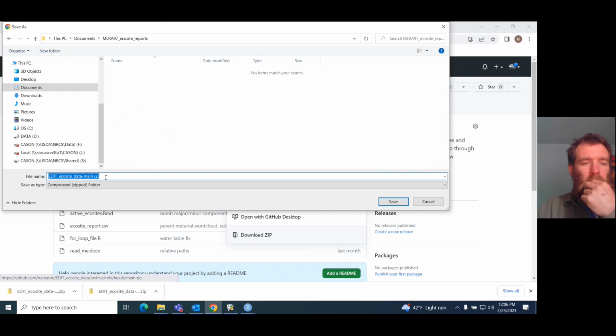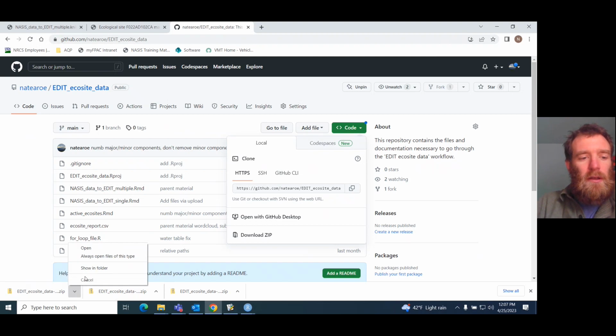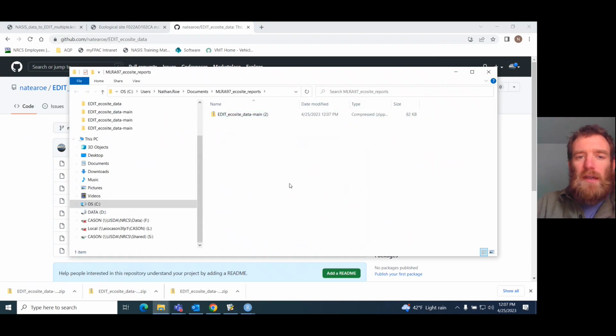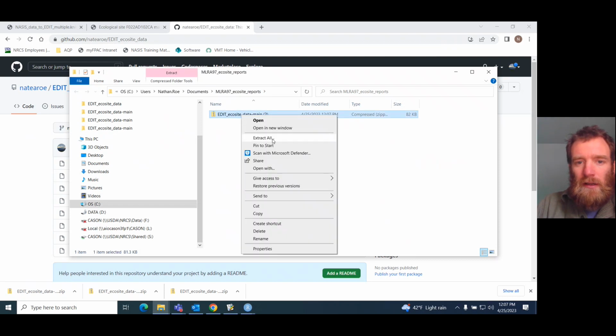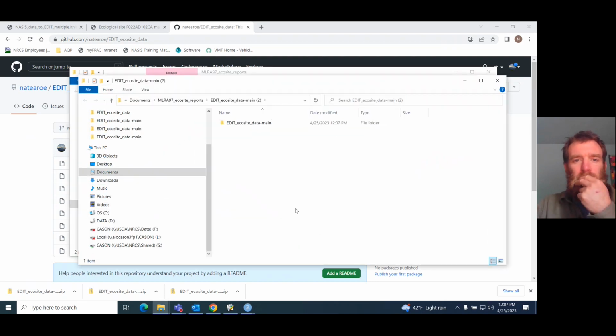Okay. So for your example, whatever MLRA you're running this for, you would specify there. Then you can save that zip file right into the folder that you created. Then you navigate to that folder. So this is in my documents and then MLRA 97 ecosite reports. It's a zipped folder right now. So you'll need to right click and go extract all. Okay, and then it opens that extracted